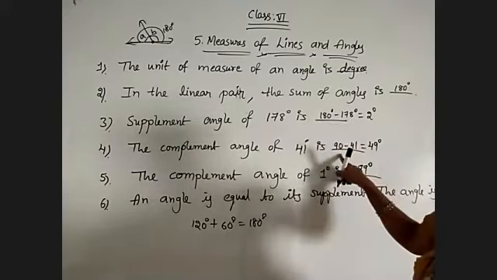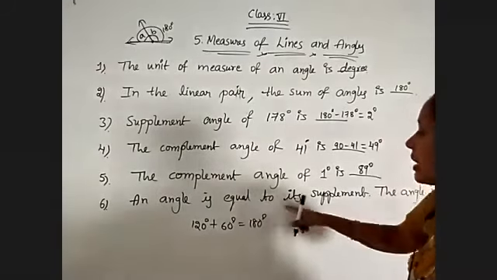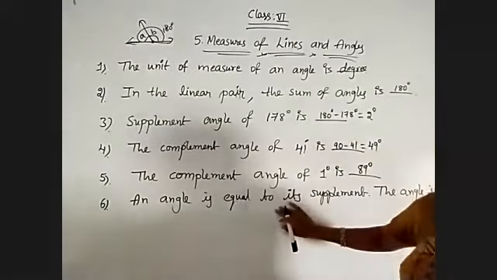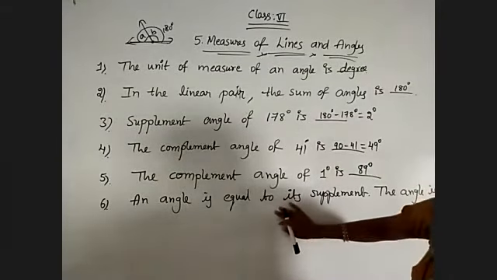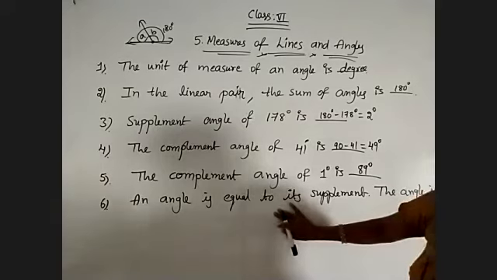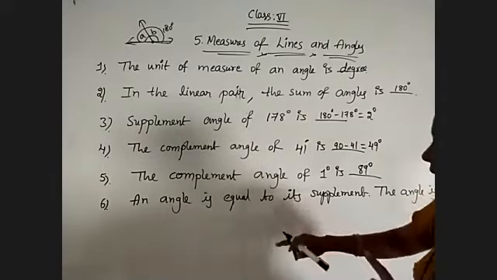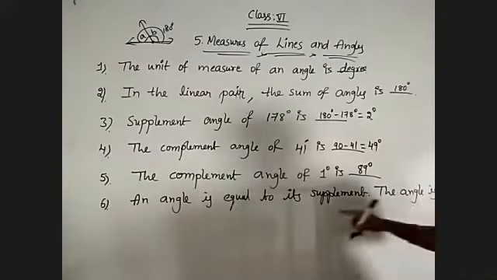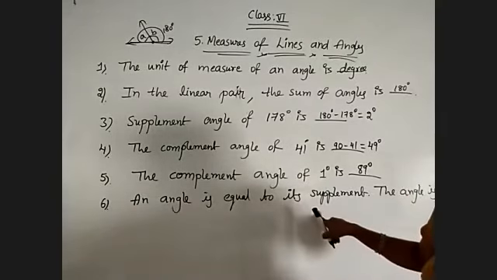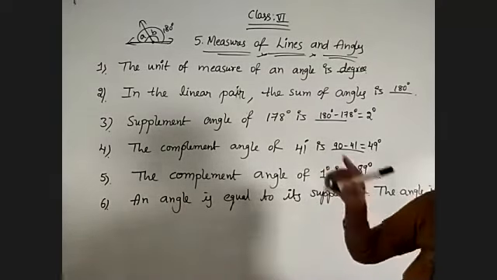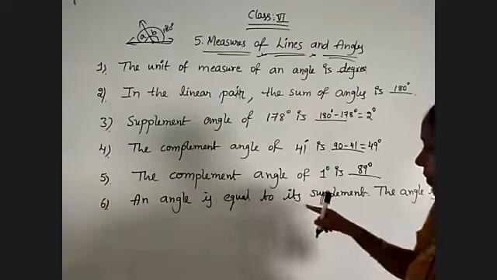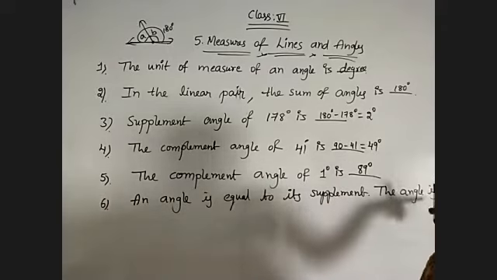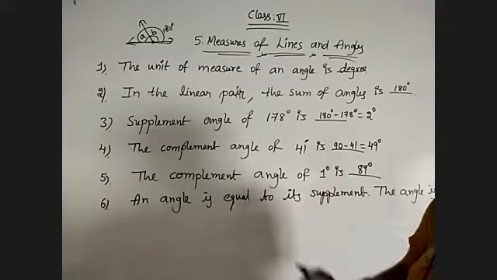Okay. Now coming to the sixth question: an angle is equal to its supplement. Yesterday we discussed this point also. Two angles are equal and they are supplementary. Half of the supplement angle, that is 180 by 2, is 90. 90 plus 90 is equal to 180. So the angle is equal to 90 degrees. And the angle equal to its complement is 90 by 2, that is 45, and 45 plus 45 gives 90. So the complement angle is 45 degrees, which is equal to its complement, and 90 degrees is equal to its supplement.